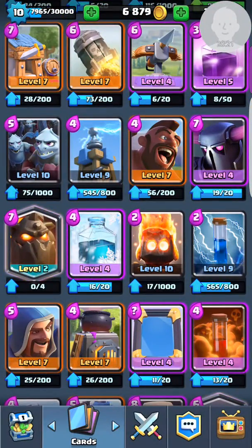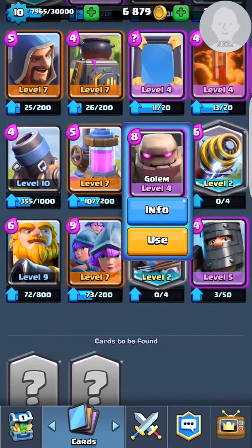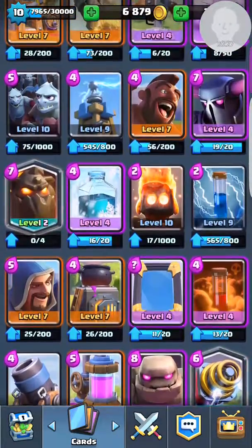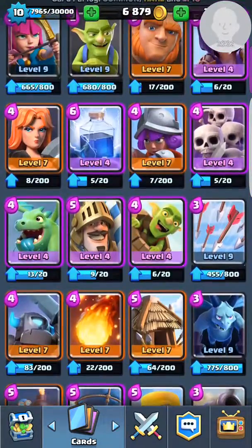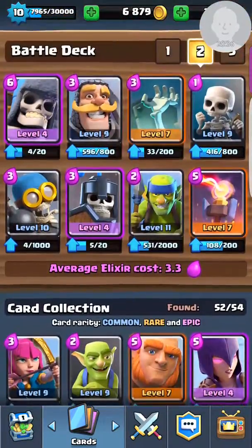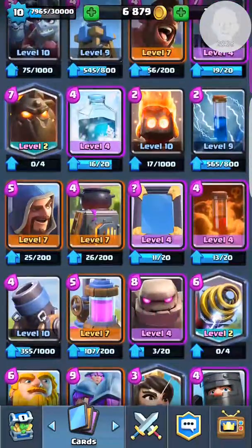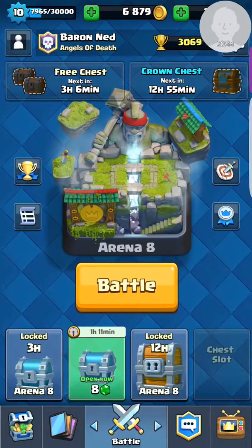There's a lot of really good tanks. Tanks just do so much. The Lava Hound, the Golem, the Royal Giant, the P.E.K.K.A. I know the Royal Giant's not really a tank, but to me it is. The Giant, even people use that Giant and then followed up with Sparky. So tanks are just so prevalent in this game. You really need tanks in order to do well, I think. I mean, I do have a deck that doesn't rely on tanks,